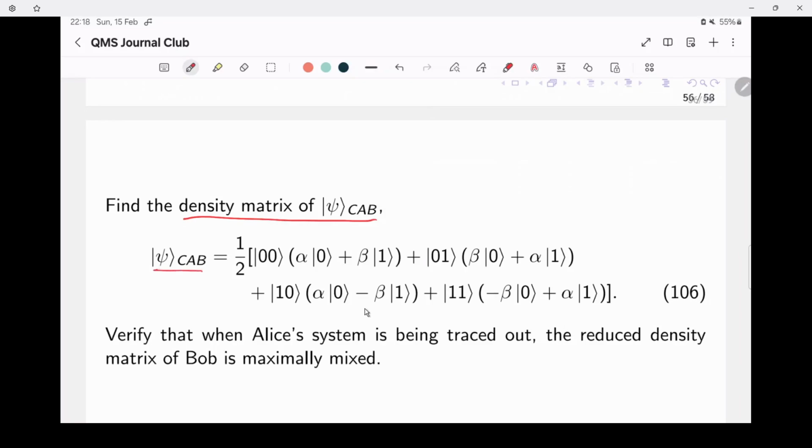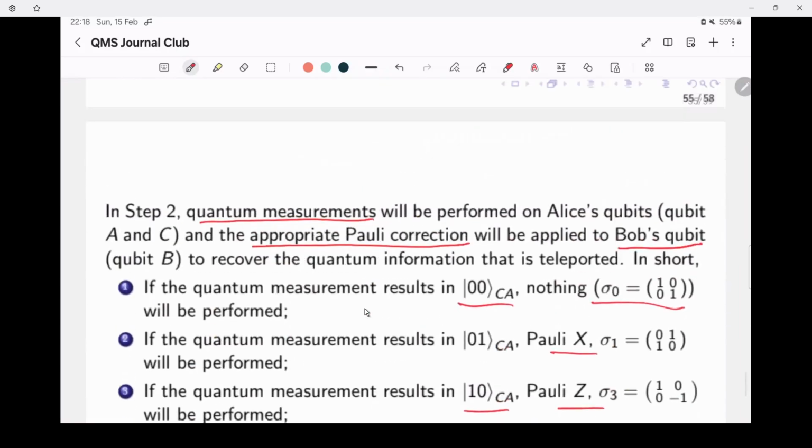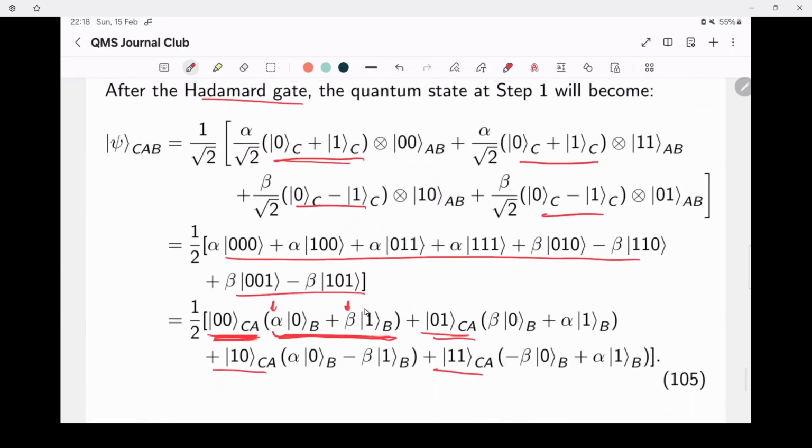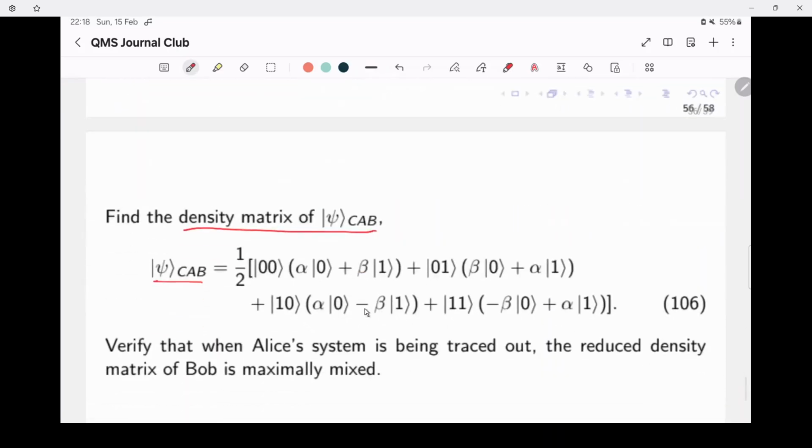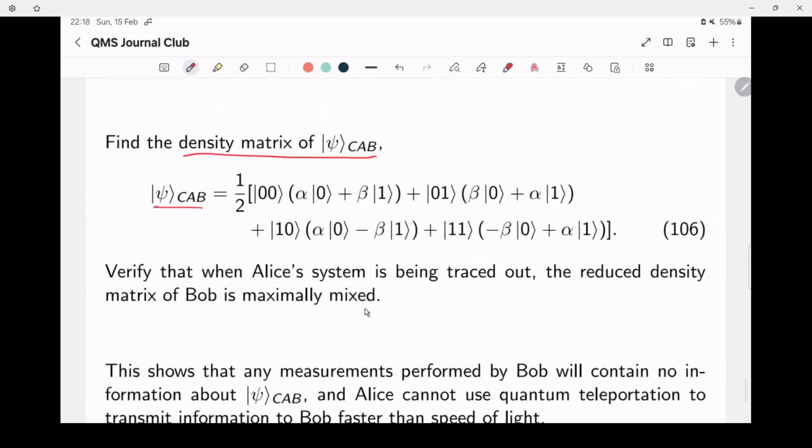So in this case, I copied from here, equation 105, but I erased all the A, B, and C. So this should be CA. This whole thing should be B. Similarly to other cases. So what you need to do is to first find the density matrix of this state,